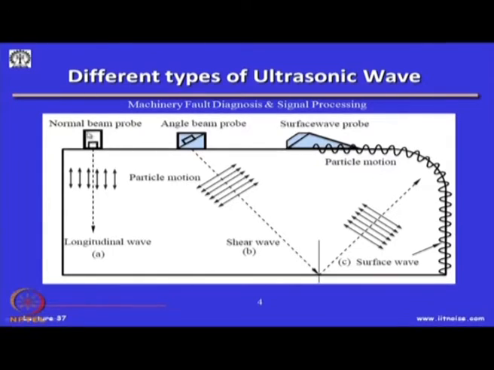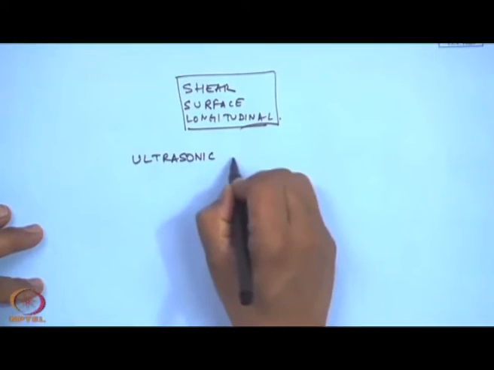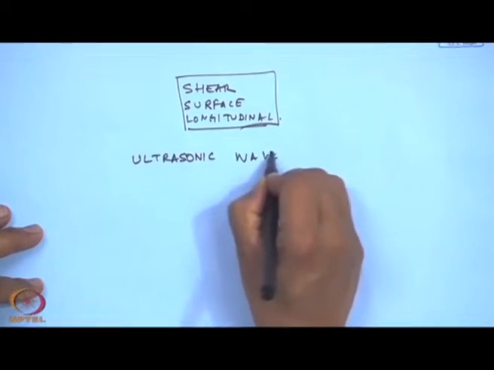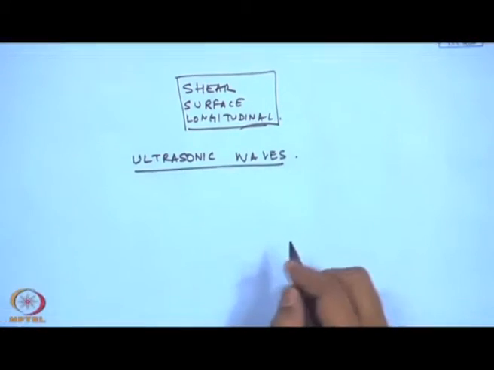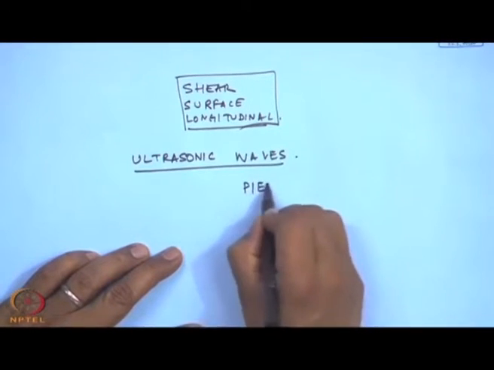So, these are generated by these ultrasonic probes. So, what are these ultrasonic probes? What generates ultrasonic waves? How do we physically generate these waves? Essentially, in a transducer we have certain piezoelectric material